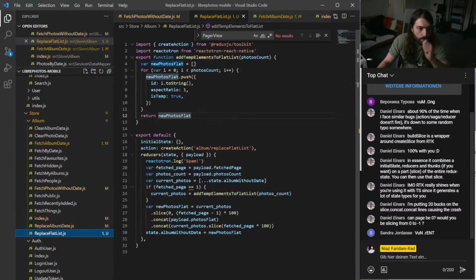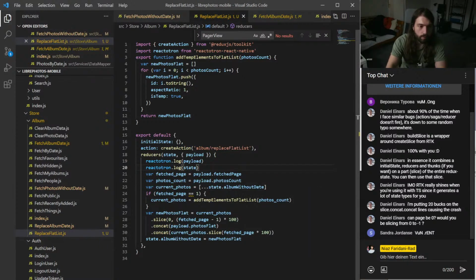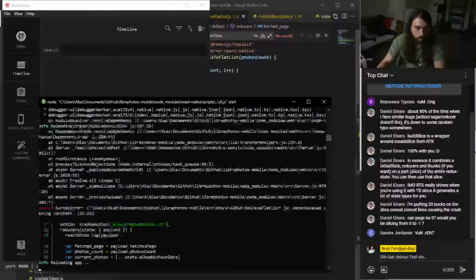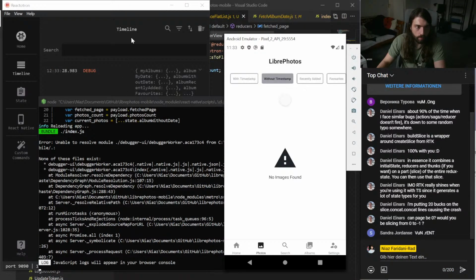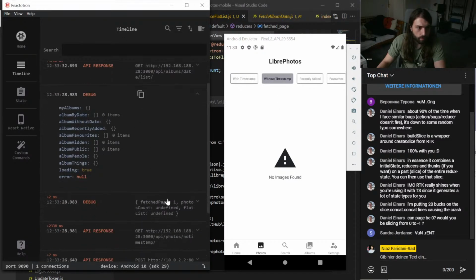So we are basically in here, and here's probably some small issue. So let's log the payload again, and let's log the state. Here we go. Where's my payload?